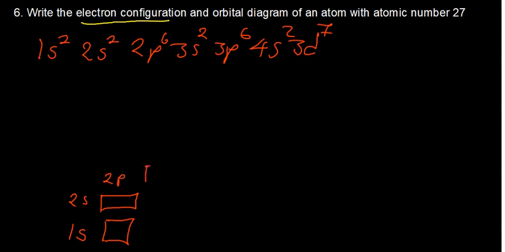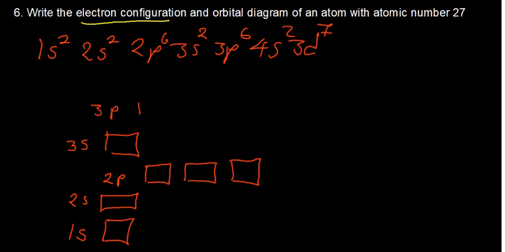Now the 2p sub-level has 3 orbitals, so we put the 3 of them there. From the 2p, the next thing is the 3s, which has only 1 orbital. From the 3s, we are supposed to go to the 3p, which has